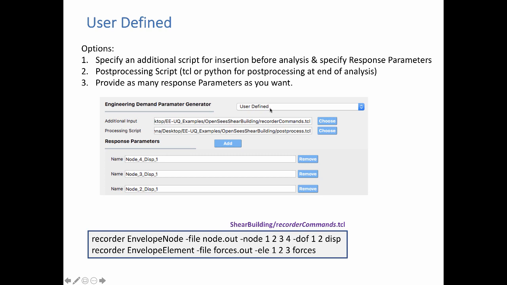For a user-defined one, this is what the form would look like. You specify two additional scripts. One contains the recorder commands in OpenSees. For example, shown here, where we're using an element recorder for the forces at each element, and we're using a node recorder for the nodes 1, 2, 3, 4 in the 1, 2 displacement directions. The second file is a post-processing script that will read these node.out or forces.out files and produce the results.out file